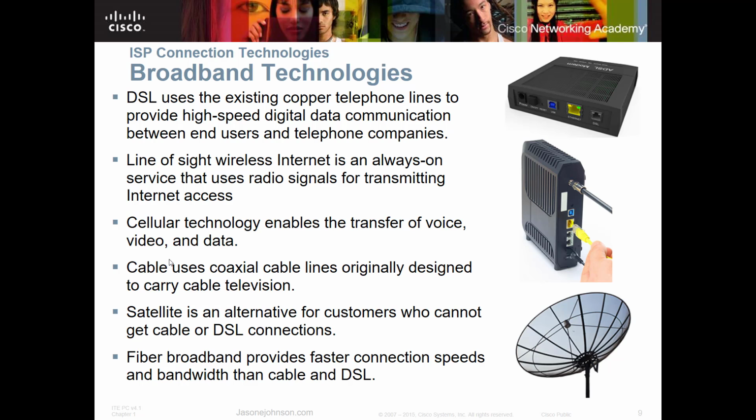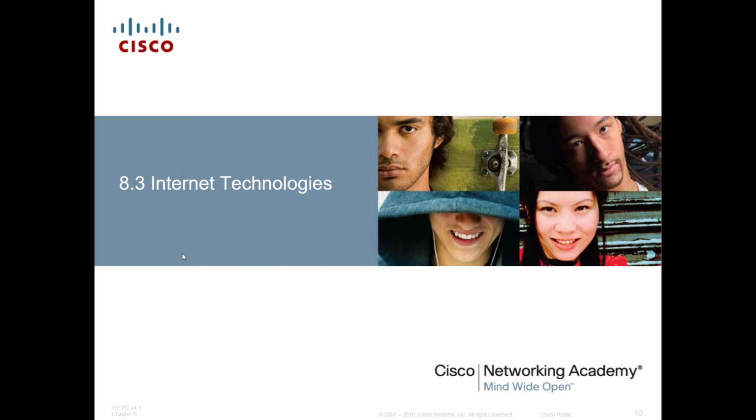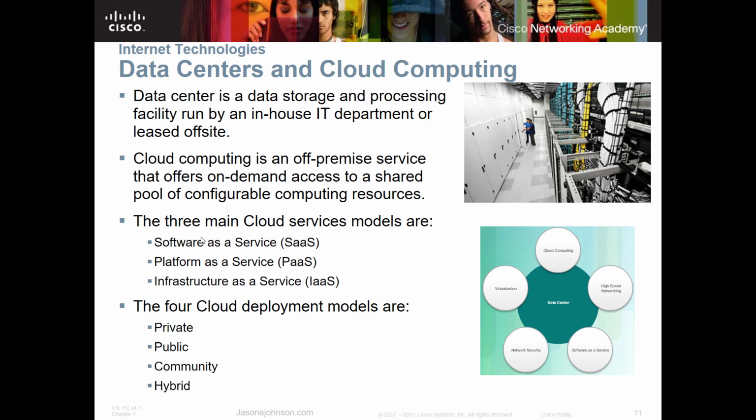Now, once you get your ISP set up, we look at internet technologies. When we look back at the data center, we've got our local network set up, then you connect your ISP. And then the ISP has these data centers, or they connect into the data centers. I mean, you might have an Amazon or a Facebook or a Google, or even Cisco, and they have these large data centers, these large computing places that offer services.